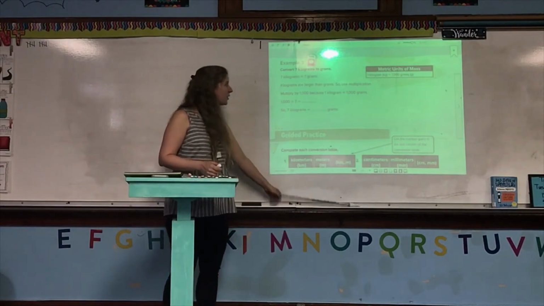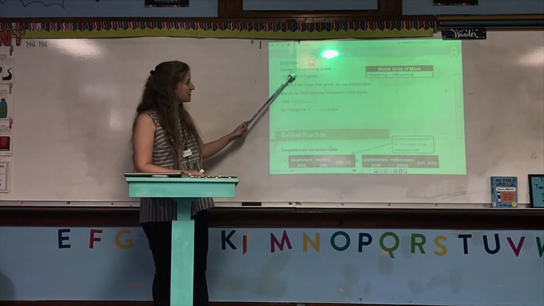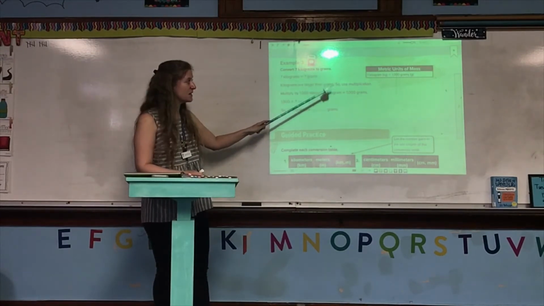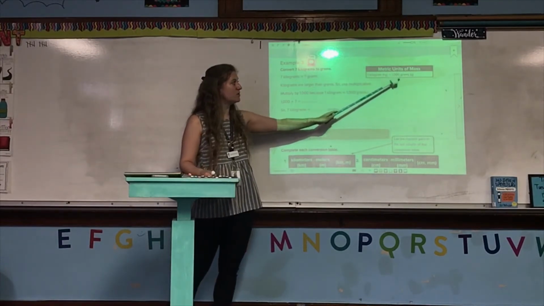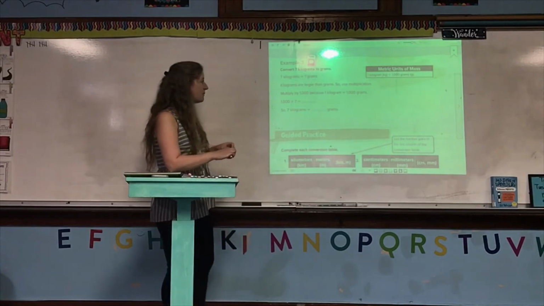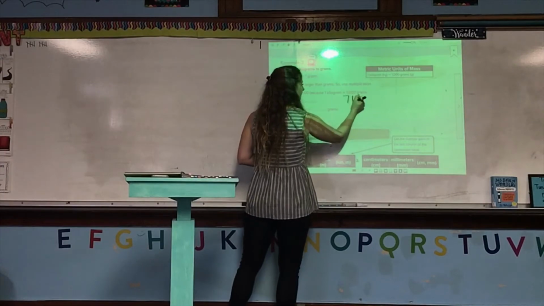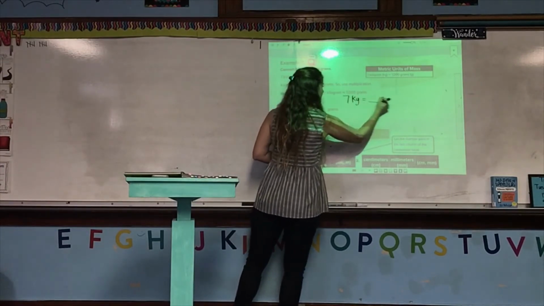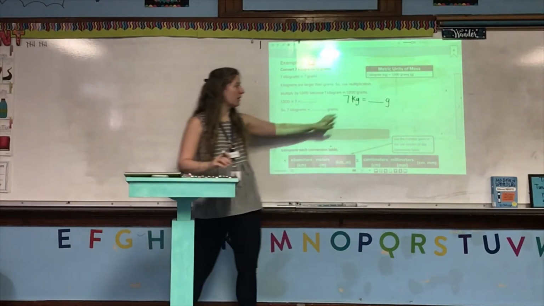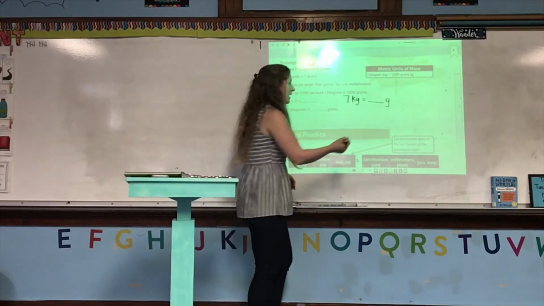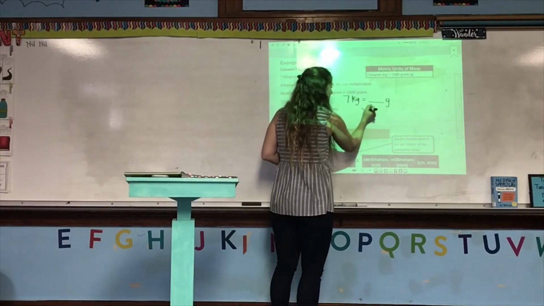Okay guys, so now finger or pencil on example 3 and read in your head while I read out loud. Convert 7 kilograms to grams. And let's look at our mass conversion chart. We know that 1 kilogram equals 1,000 grams. So that means what we're trying to do is we know 7 kilograms, and we're trying to figure out how many grams that is. Well, kilograms are larger than grams. They are right next to each other. We know exactly how many grams are in a kilogram, so we are going to multiply, and we can do